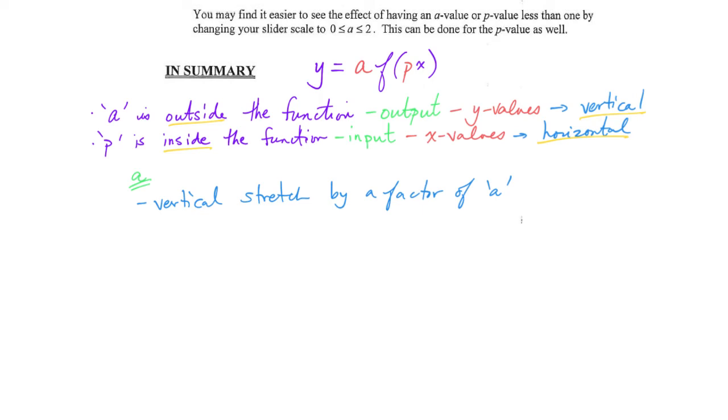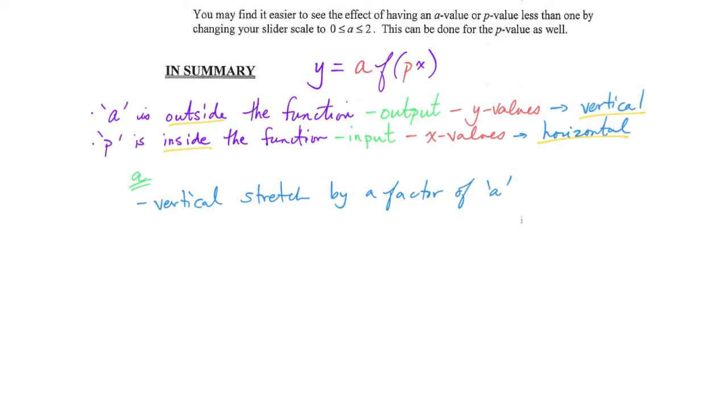When we added in a 5, I shouldn't say add, because it's attached by multiply. When we changed our A to a 5, now we saw that our graph became even steeper. So it was vertically stretched by a factor of 5. Our key points now had a Y value that was 5 times what it used to be. Okay, so we need to write down some stuff explicitly, because within the vertical stretch by a factor of A,